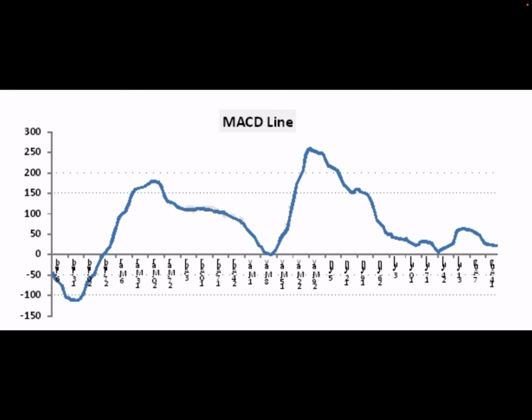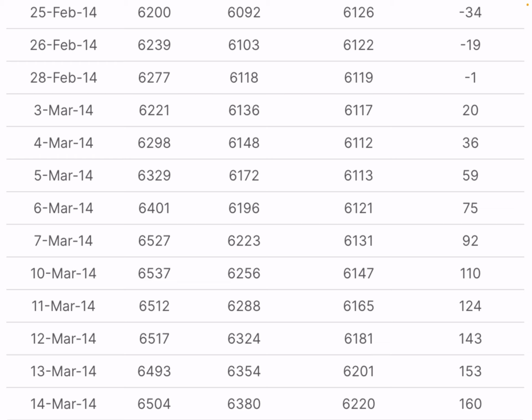So you can see in this, given the MACD value, we try and find the answer to a few obvious questions. What does a negative MACD value indicate? What does a positive MACD value indicate? What does the magnitude of the MACD value actually mean? As in, what information does a minus 90 MACD convey versus a minus 30 MACD?